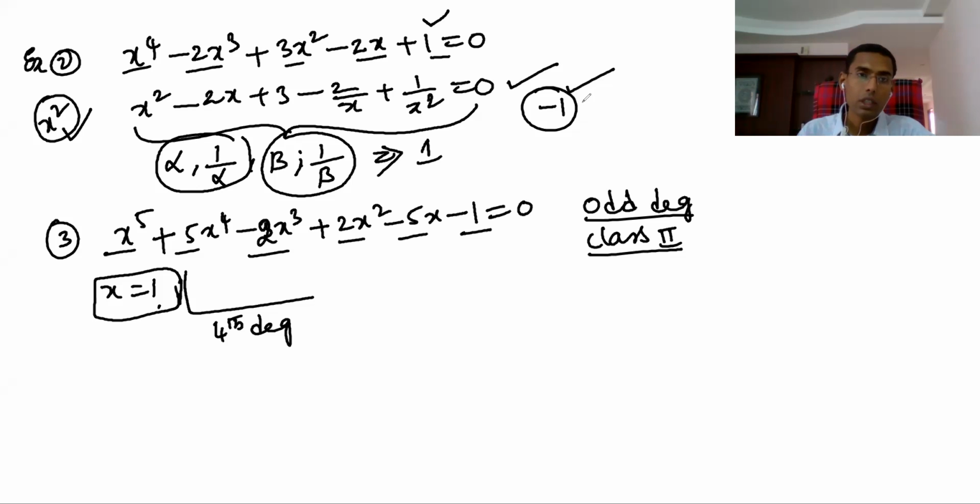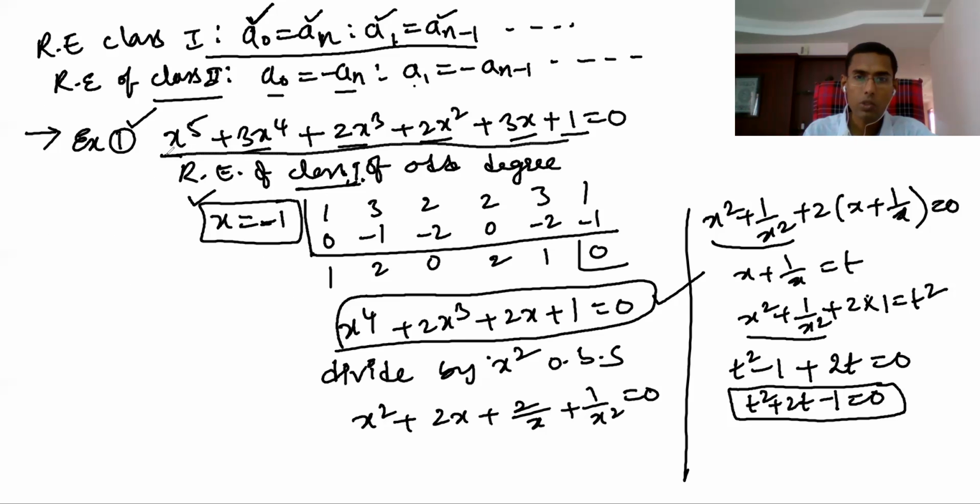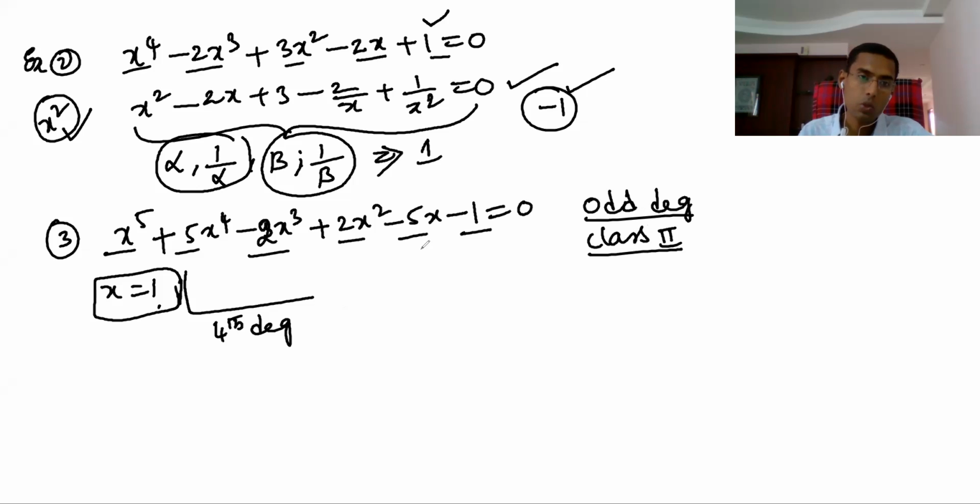So you can remember it like this: odd degree. That's why I gave one example here. In this example, I have taken all positives for class 1. If I take all positives, there is a possibility that x equal to minus 1 is a root. x equal to plus 1 cannot be a root for this. So therefore, for that, minus 1 is a root. For an odd degree reciprocal equation of class 2, plus 1 is a root. For class 1 it is minus 1, for this plus 1, because here negatives are there. All positives is not possible. Some negatives must be there here.